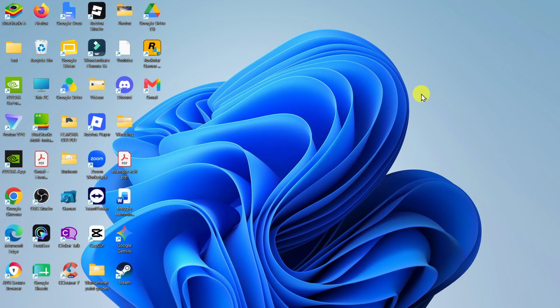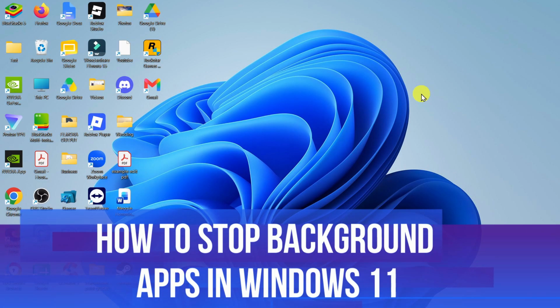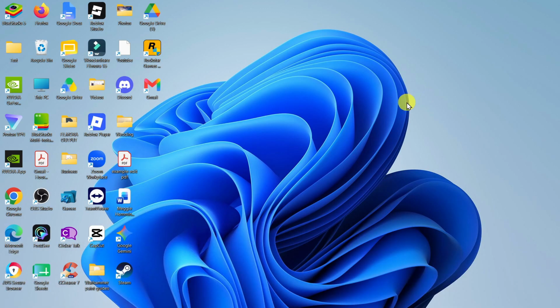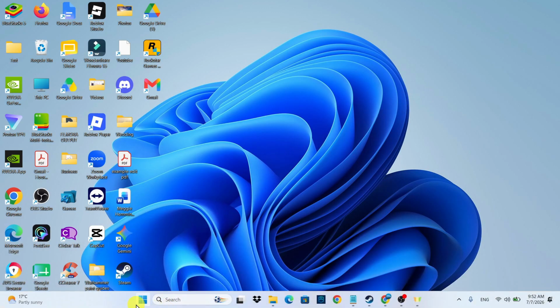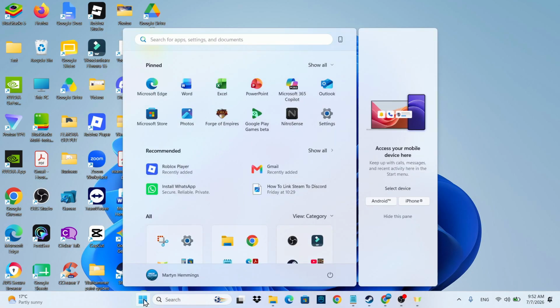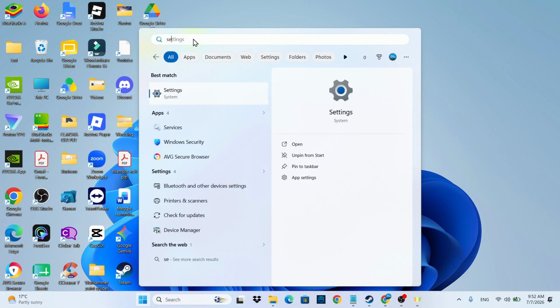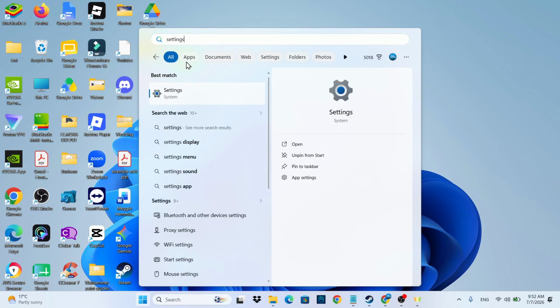In this video, I will show you how to stop background apps in Windows 11. To get started from your desktop, what you want to do is click onto the Windows Start icon in your taskbar at the bottom. From here, you want to open up your settings. If you don't see this here, you can use the search box, type settings, and then open that up underneath